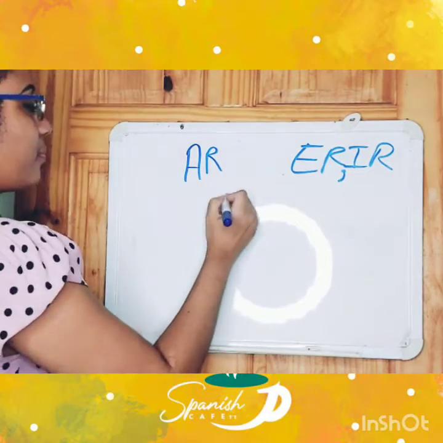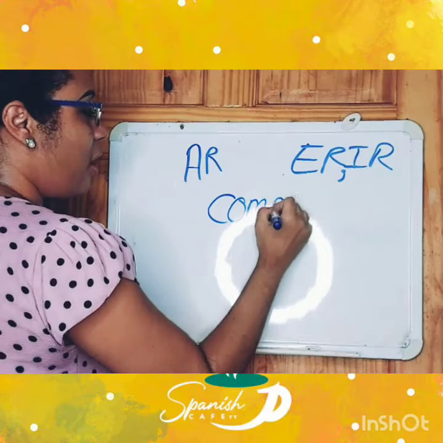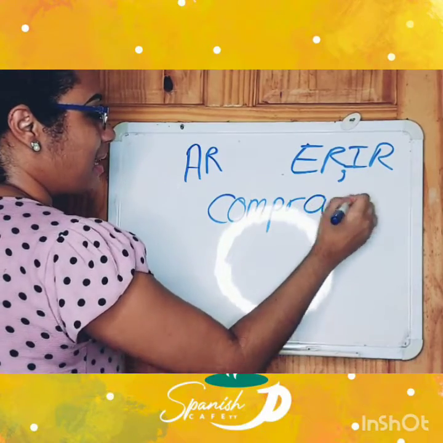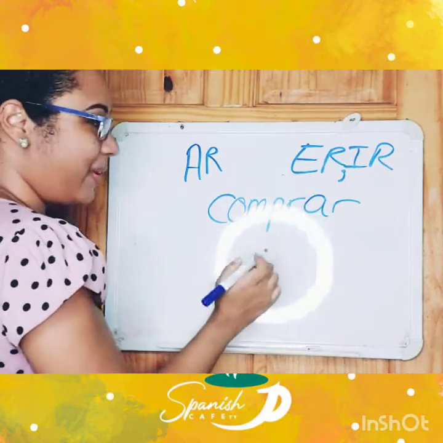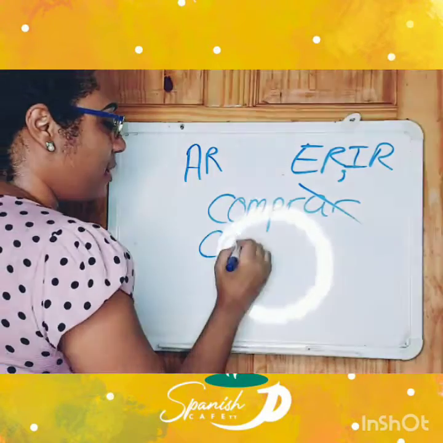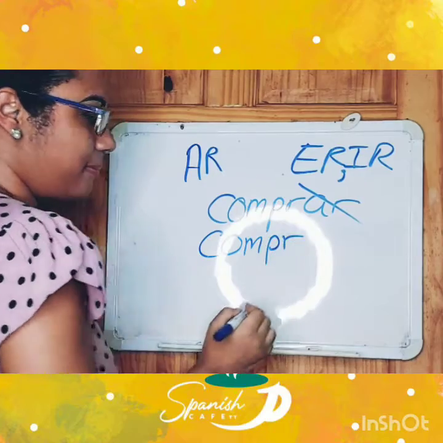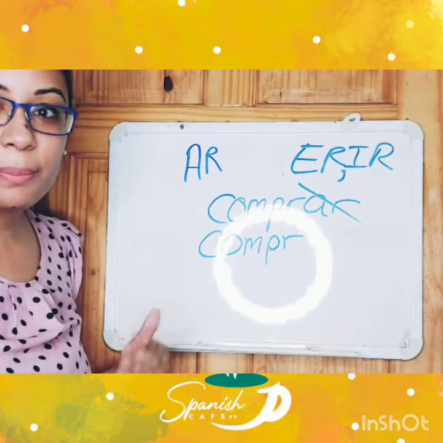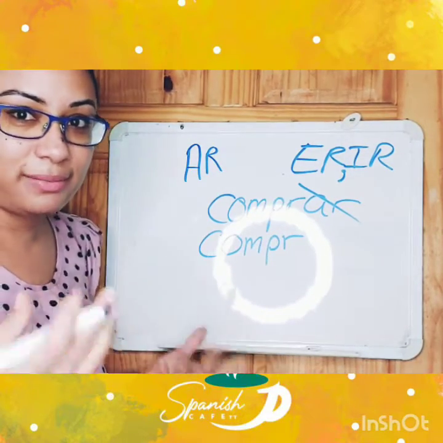So watch. We have our infinitive. How do we know it's an infinitive? Because it ends in AR, ER, or IR. Okay? And then we're going to cross that bad boy off there. We're going to be left with com, right? And then we're going to put in a new ending to change it up to the I form.